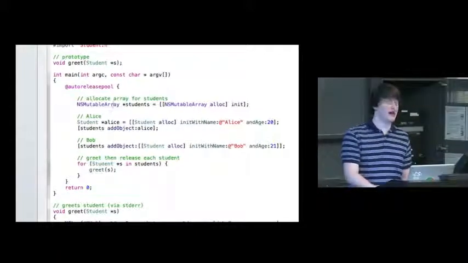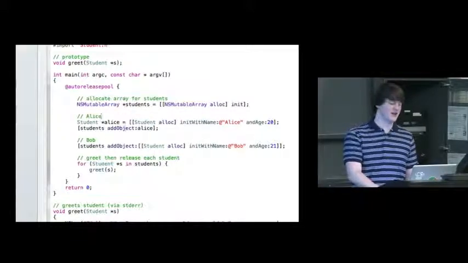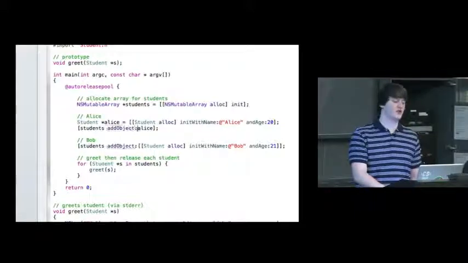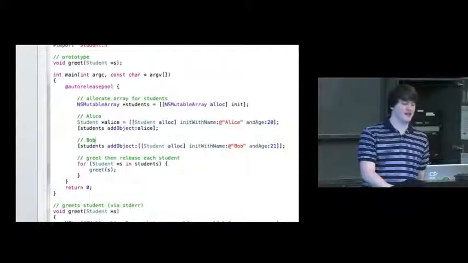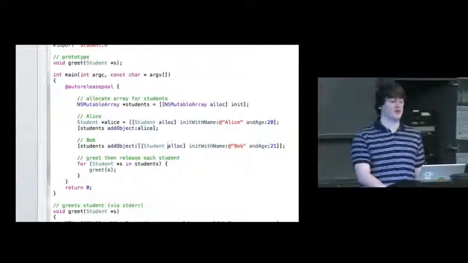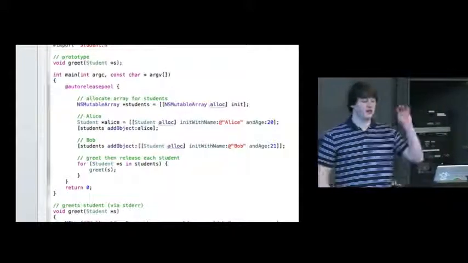The NSMutableArray class defines an instance method called addObject that is just going to take some argument with type id. And since Student star is an object type, that is an appropriate id. And then we're going to do that again with Bob. So you can think of this as an array where the first element is Alice and the second element is